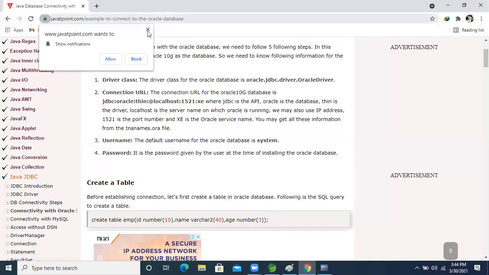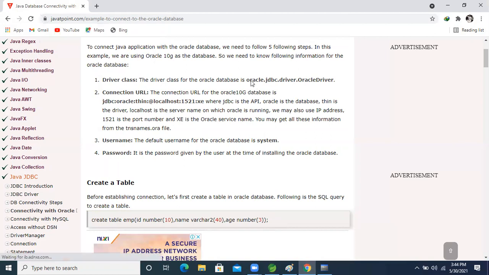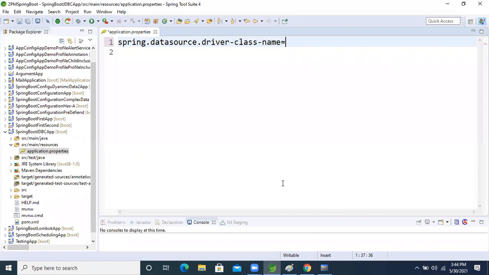Don't remember these things. You have to copy this one from the internet only. The driver class name is the Oracle driver for loading the driver. Copy this one and come here and paste it.